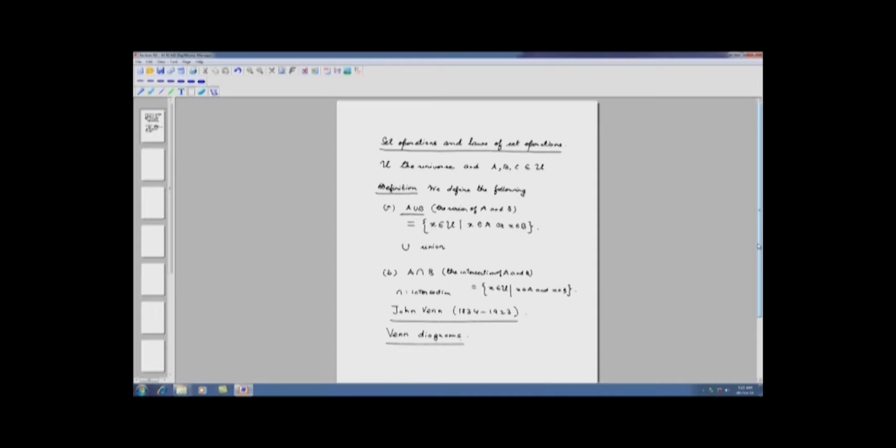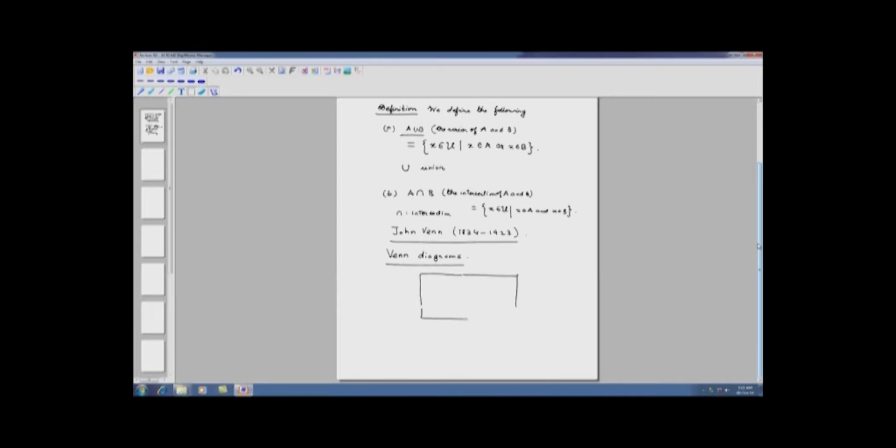The idea behind Venn diagram is very simple. It just says that when we are considering the universe U, we will draw a rectangle and call that U our universal set, and the sets that we discuss within this framework, which are of course subsets of U,